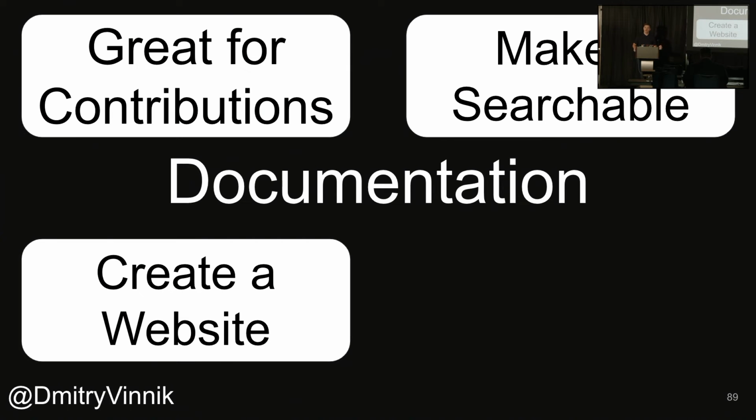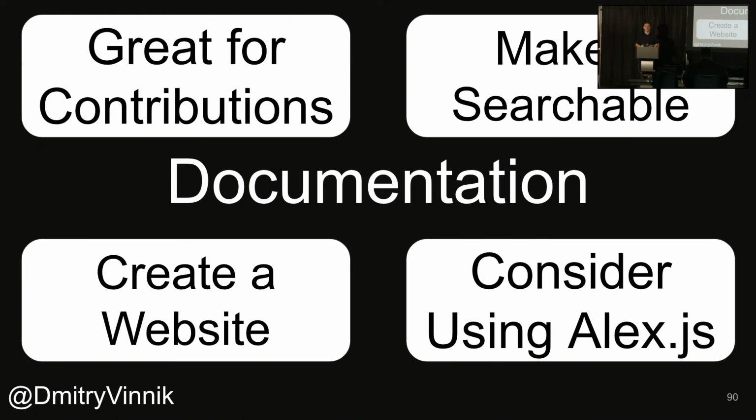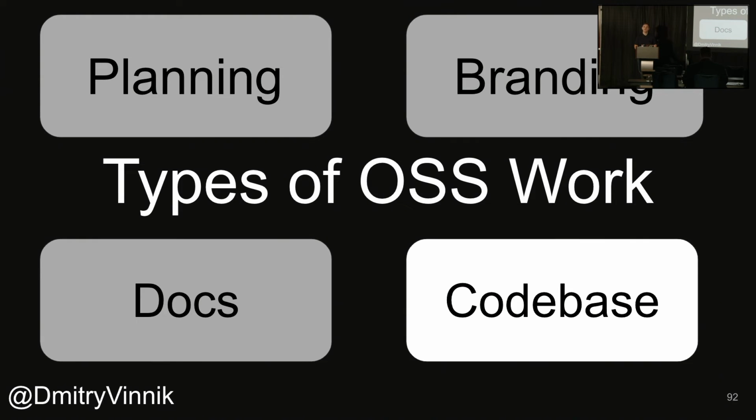With that, we always recommend people to have a website. Docusaurus is a great tool. It's a quick way to build a website and make your documentation searchable. Also, consider using something like Alex.js, linters like that that really find wording that's not really welcoming. So run your documentation through that. It's also a great way to contribute to the project because you might run it on your own and make a pull request, make some alterations and ultimately make a major change to someone else's project or your own project. And last but not least is the code base.